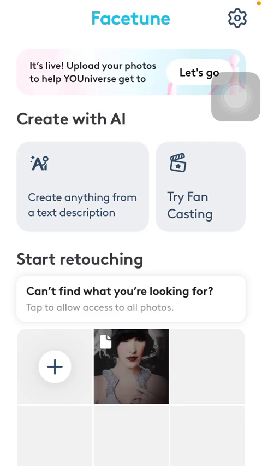Hello guys, in this video I am going to show you how to apply filters to your selfie on the